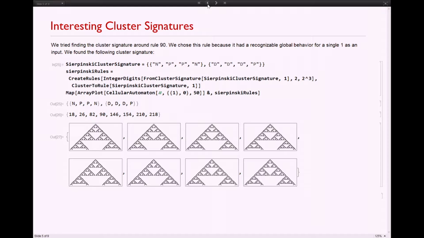One of the things with this particular cluster, remember when you look at the table, we can go to the NKS book, you can go into any of the things, and you go 0 to 255, you see all the evolution of all the rules. Do you know where those are? They are all over the place. They give you the same output, but they are all over the place. So how are they related?